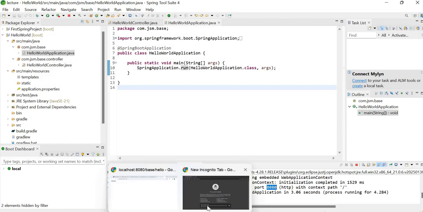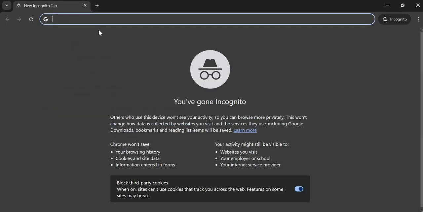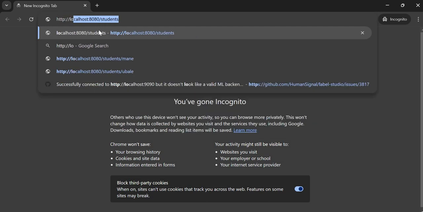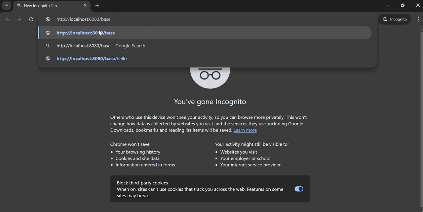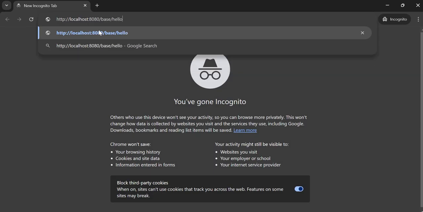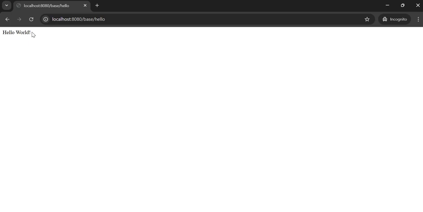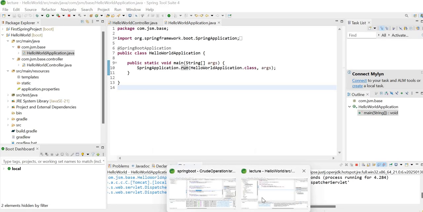So we'll just go to Chrome, http://localhost:8080/base/hello. Great. So you can check Hello World is written over here. So this is our simple REST endpoint which will return the string Hello World.